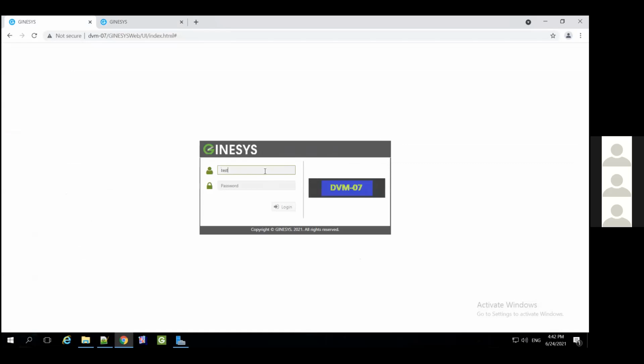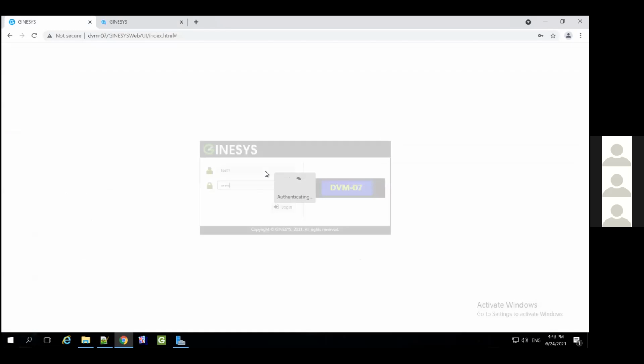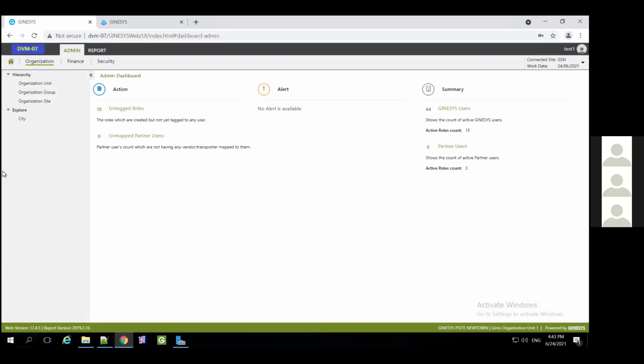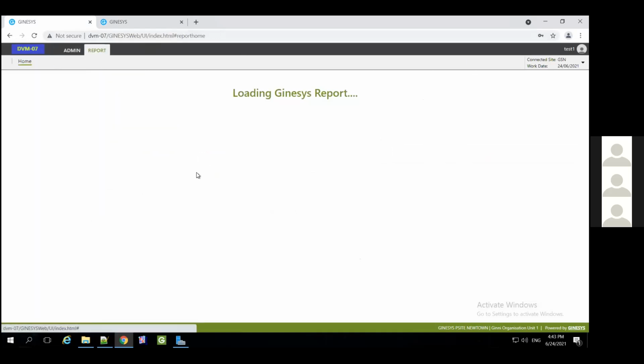And again, log into that particular user. Since I'm using one browser, that is a problem, I have to log in and log out multiple times. Had there been two browsers, it would have been much easier. Anyway. Right. So we have again logged in through my test1 user. And now there should be two folders that are assigned.